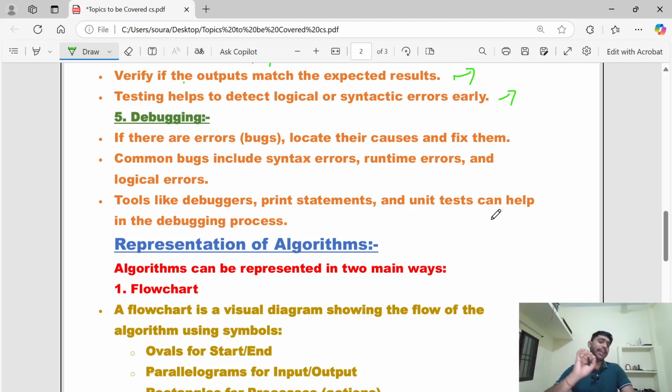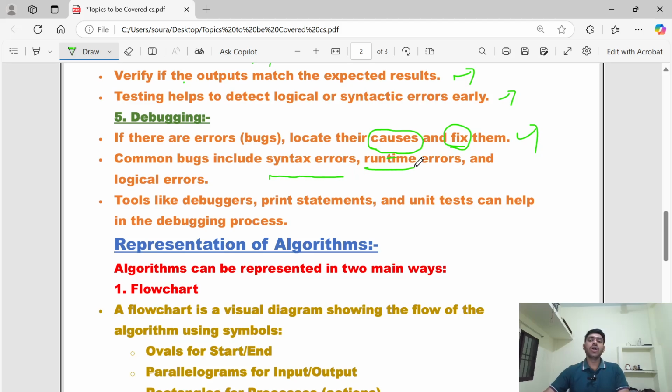Debugging. If there are any kind of errors, which in computer science are called bugs, locate their causes and fix them. You will be locating the different causes of why these bugs are happening, and then fixing them. Common bugs include